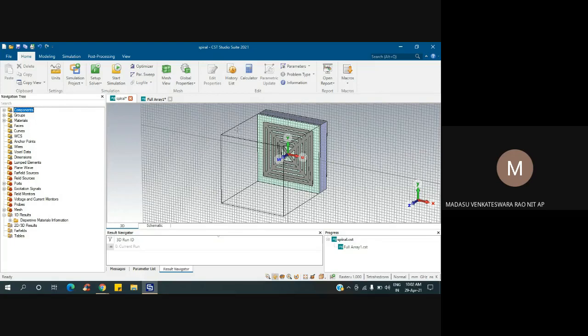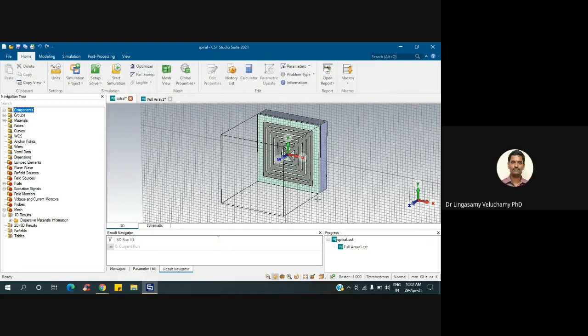Suppose we are changing length, we are calculating phase. Now I want to verify frequency versus phase: for 1 gigahertz how the phase varies, for 2 gigahertz how it varies, based on incident angle. Correct. If you mean reflection phase only you are talking, right? Reflection phase. Yes, sir.